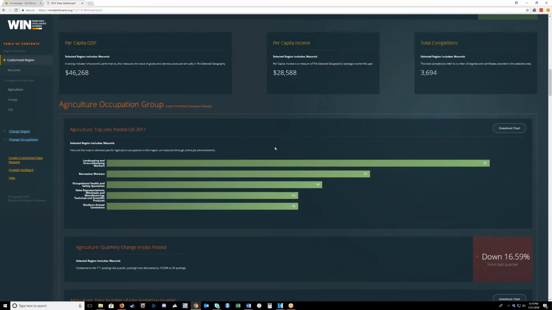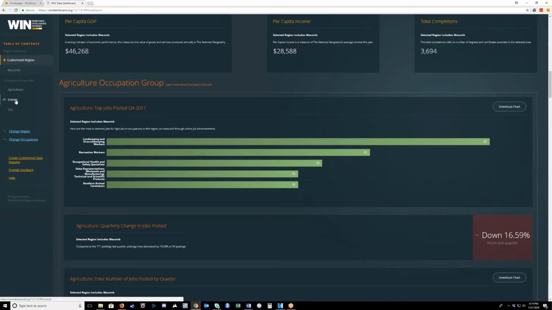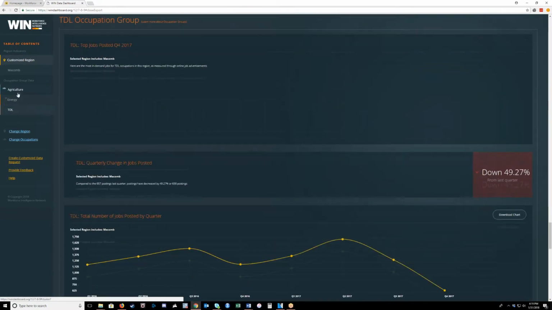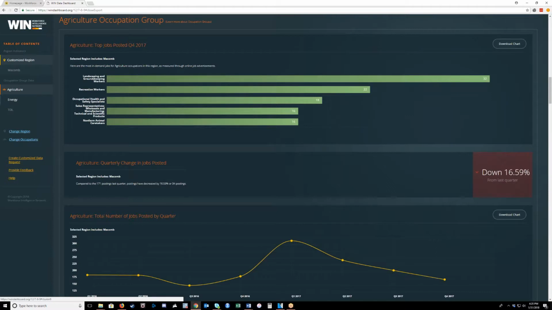Underneath all the regional data, you'll see the occupation data. And again, you can navigate between the different occupation groups by selecting the occupation on the sidebar. Now let's say that a coworker asked to see the report you were getting some of this information from. They're interested in taking a look at Macomb County and seeing maybe how the Transportation, Distribution, and Logistics occupation group